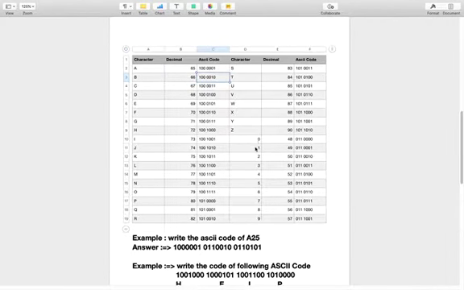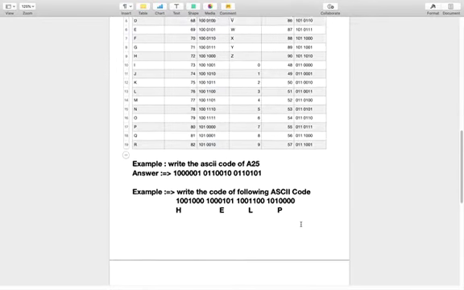For the numbers 0, 1, 2, 3, 4, 5, 6, 7, 8, 9, the decimal number for 0 is 48 in computers. So the binary number of 48 is equal to the ASCII code of 0. Same for 49, it is equal to this. 50 stands for 2 and its binary conversion is its ASCII code. So it continues up to 9.